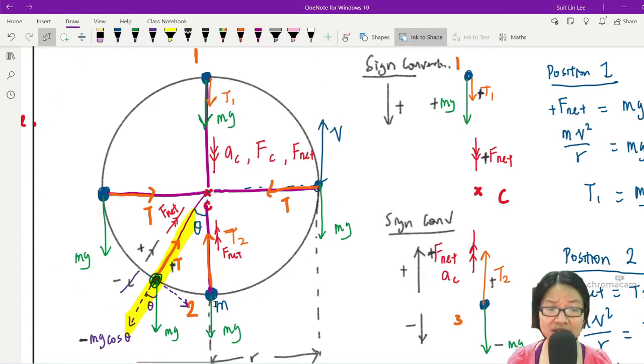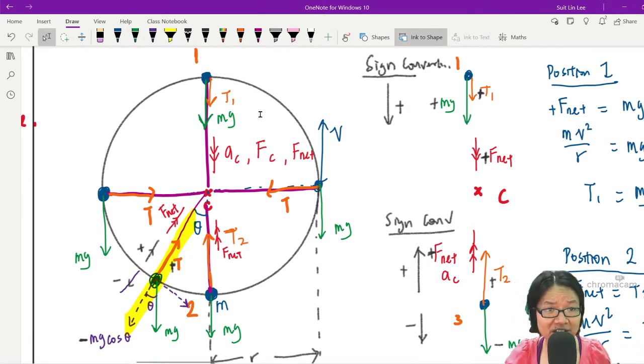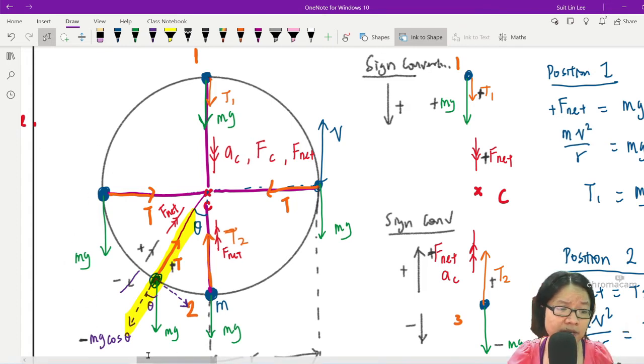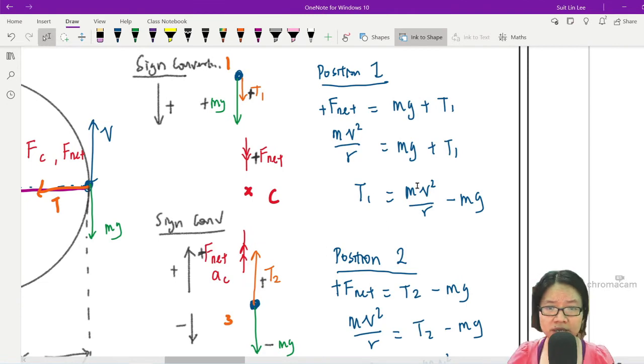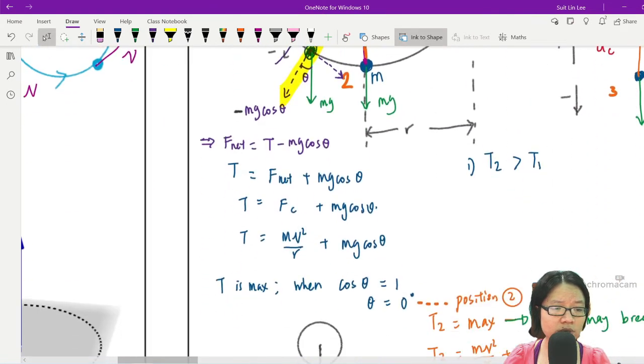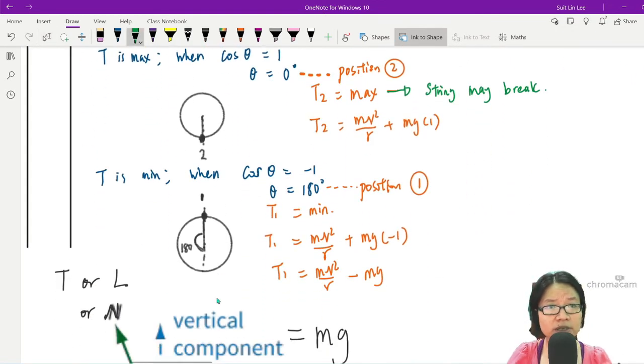You have to push it fast enough, right? So when you are too slow, by the time you reach here, you don't have enough tension in the string to carry over, because tension can never be negative, and when it's zero, the string will become slack. Okay? So this minimum here, this is where the string becomes slack. So I'm going to write it down here. Something will happen now. So this T1 minimum,